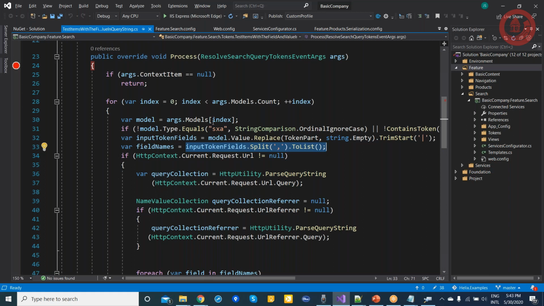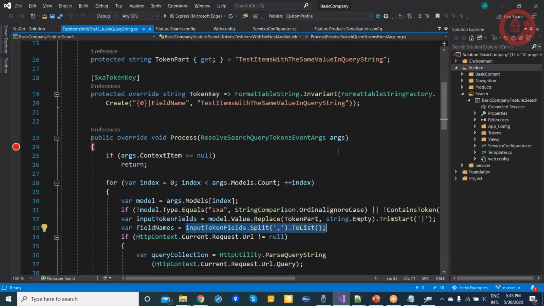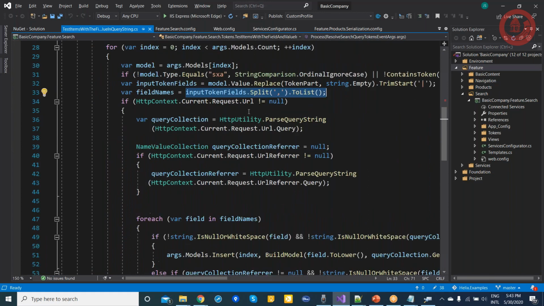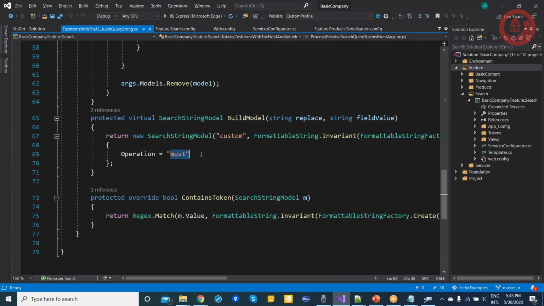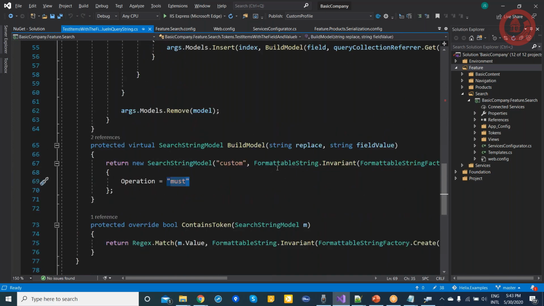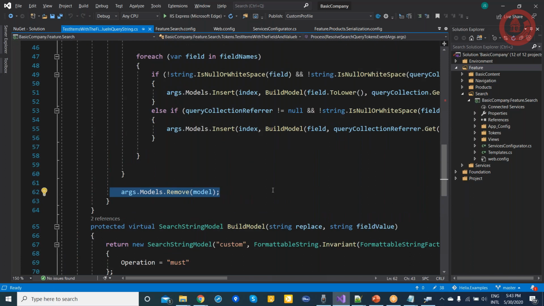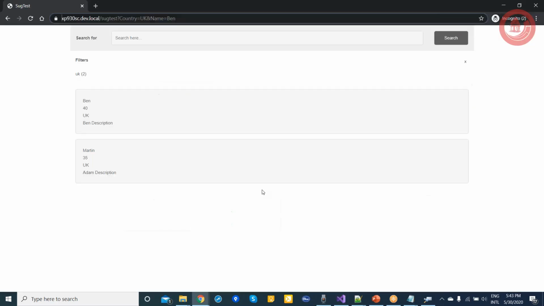So if you want to leverage, you can inject your own custom token resolver, and here you will get all these tokens, and from each token I'm putting that condition, that model.insert, which is here. I'm saying that it should be must for each condition, and then I'm removing that model, and that's how I'm getting the data.